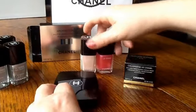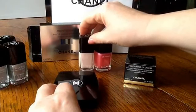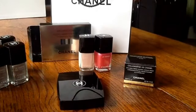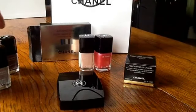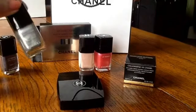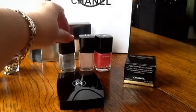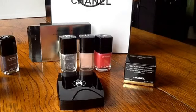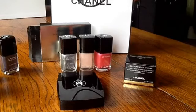went with these two pinks and a silver, which I didn't get because I'm not a great silver wearer on the nails, and I already have a lot of silvers, but just so you can see the colour palette, I dug out a couple from my collection. Here's Intemporelle from last year, which is not that dissimilar to the silver, I forget what it's called, this year. And then there was